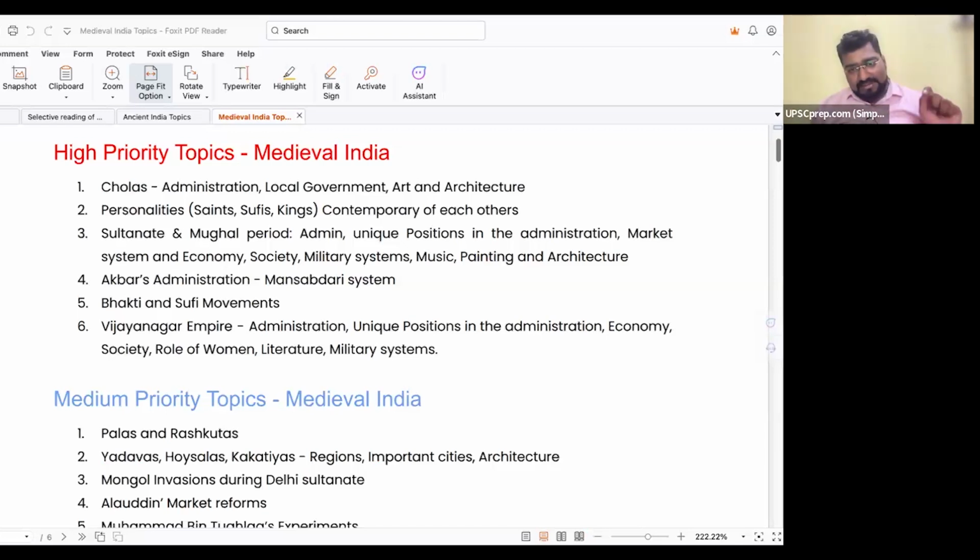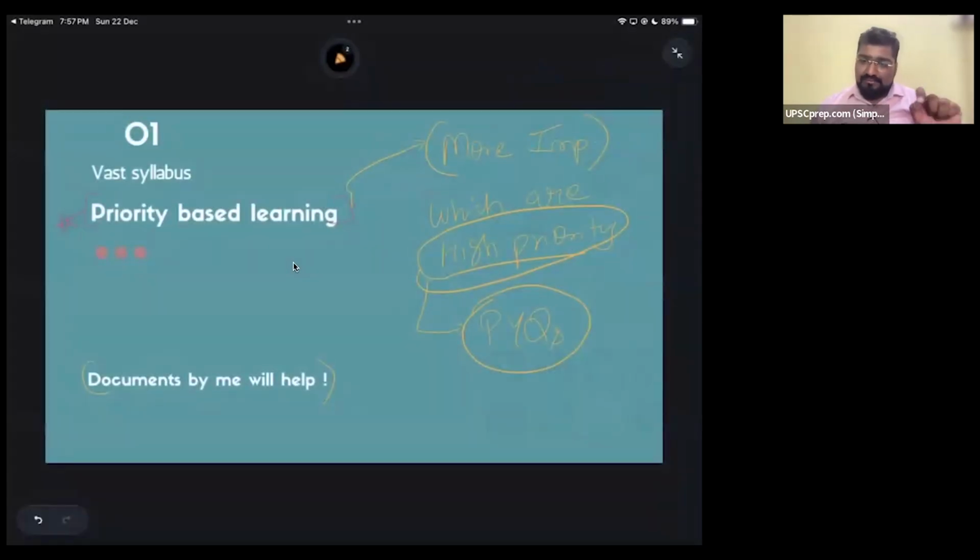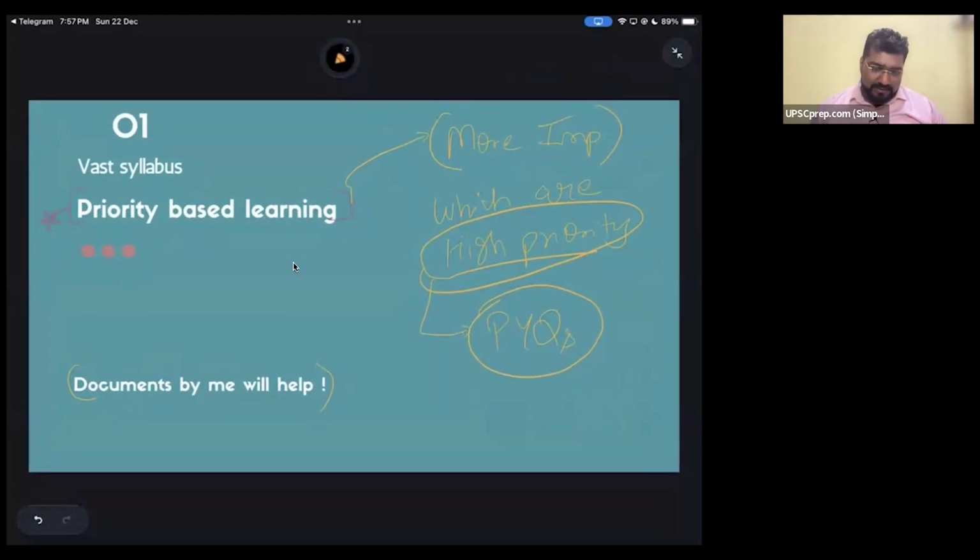Yes guys, need not worry. These documents will be provided in the Telegram group. Just after the session, by tonight, you will receive these documents. Need not worry. Okay. First problem जो था vast syllabus का, उसको अपन ने solve कर दिया priority based learning